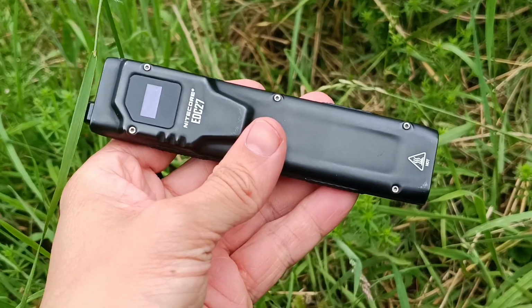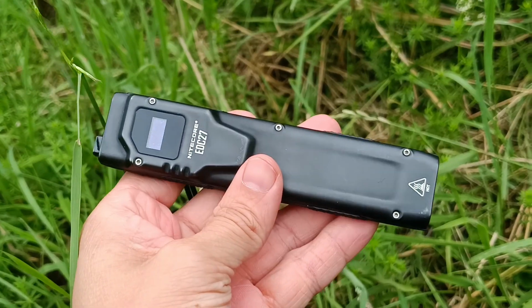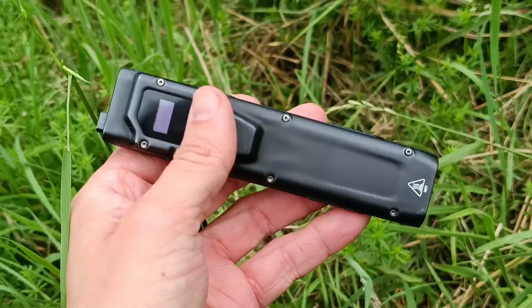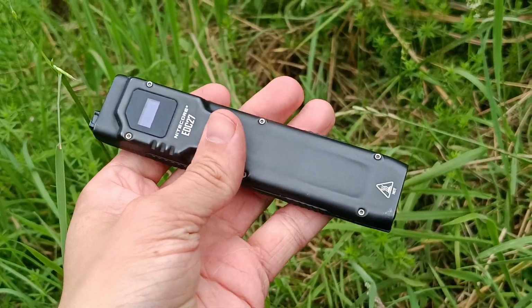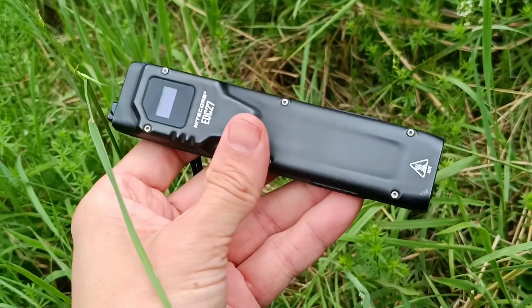Let's start with the good part of this thing. USB-C charging, very convenient. Most stuff is USB-C now, even laptops, so that's great. Don't have to go run around for a micro USB cable. I love the turbo mode, 3000 lumens, and the strobe, very self-defense oriented, so that's what I liked with this